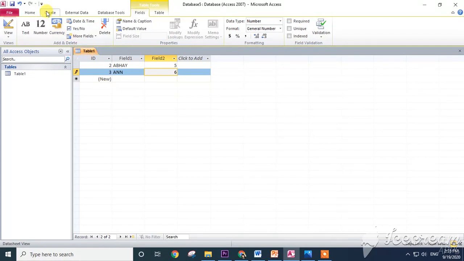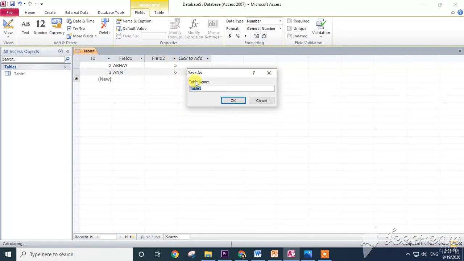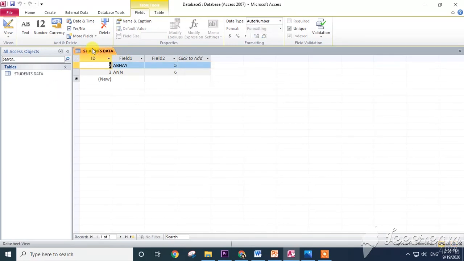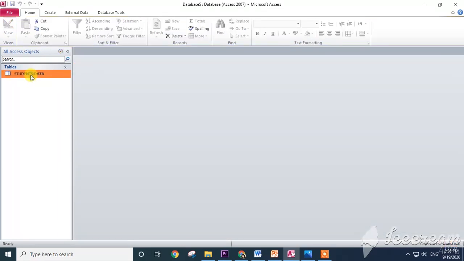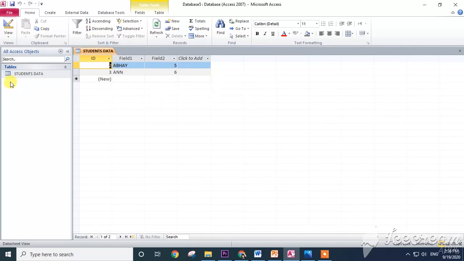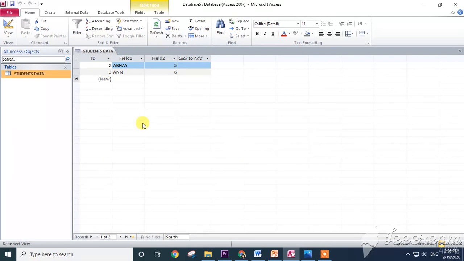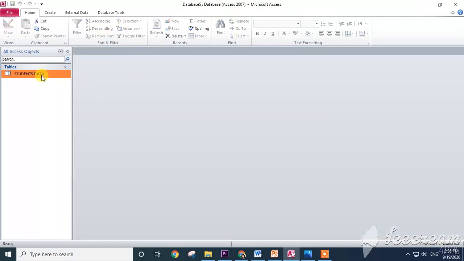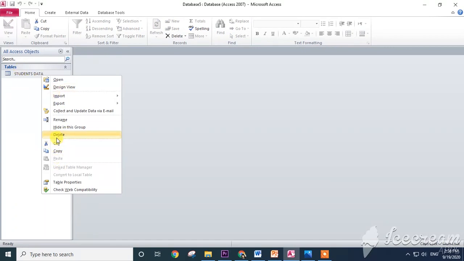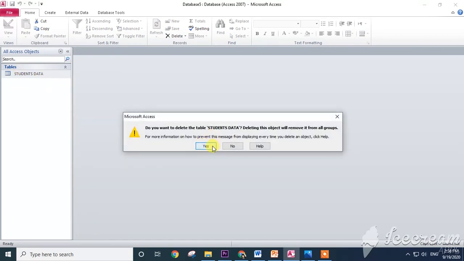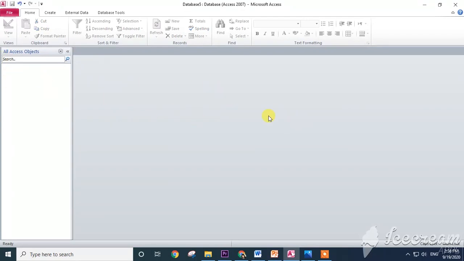In this way we can create our table, and if you want to save this table, there is a save button here and a dialog box appears. Right here for the table name, I am writing students and data, and click on OK. Now the table name is student data. Now I close it. If I click on this one, see, student data is open. Now I am going to close this one. Delete also, you can delete. First you need to close here, then right click, delete. Do you want to delete the stored data? Yes. See, we have deleted that successfully.